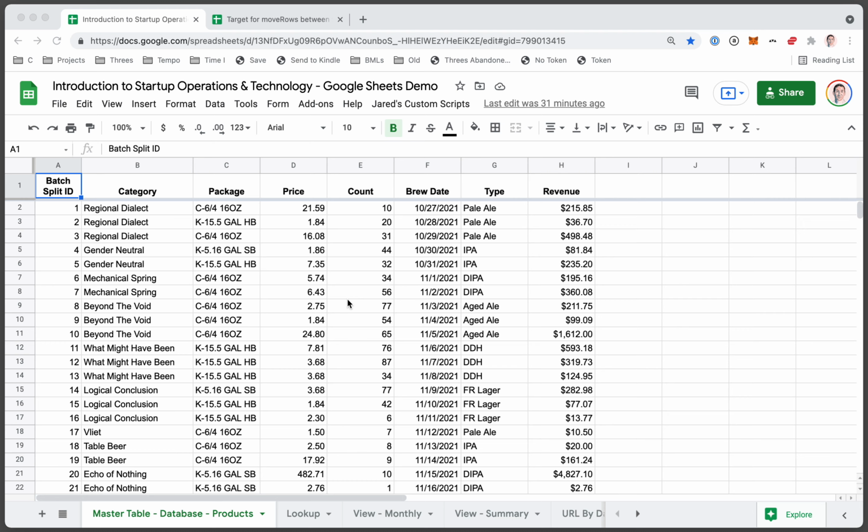Today let's talk through some basic rules when working with data. So you can see here I'm in my template spreadsheet with all the sheets that we usually work with, and I'm in the master table database product sheet. The point of this sheet is that when you're working with data, you want single sources of truth, meaning